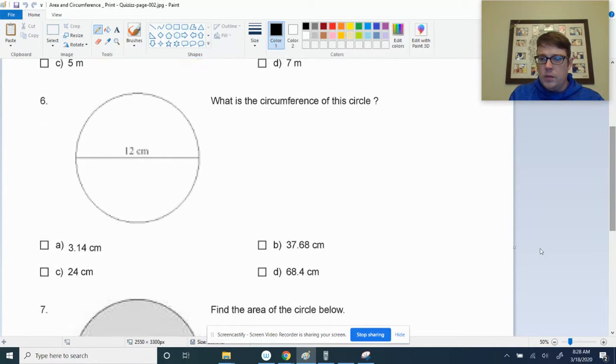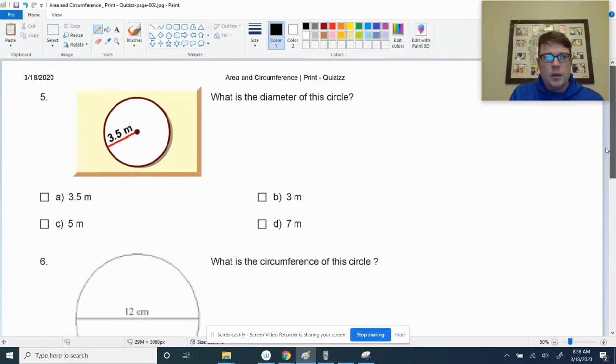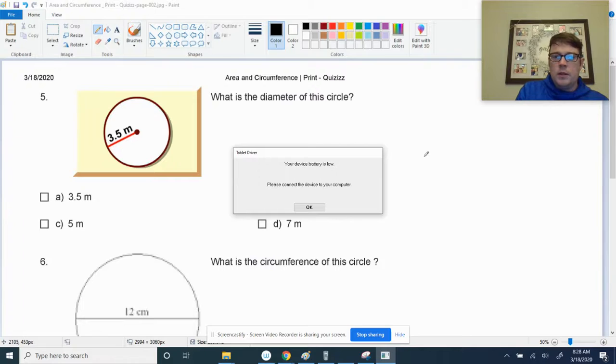All right, so this particular set right here starts with number 5, and they're giving you the radius. So for this particular page,